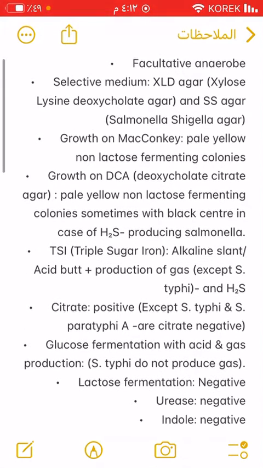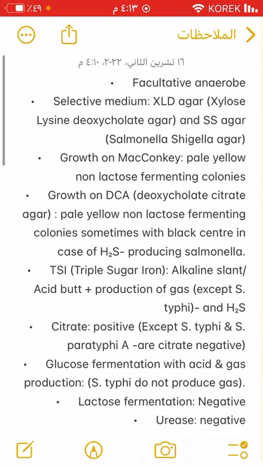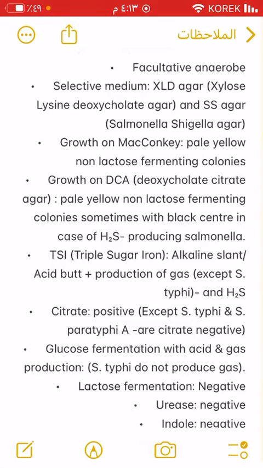For sampling for Salmonella, we take blood cultures in special bottles, of course, and we incubate them. After that, we culture just as other types of culture. We culture the blood, and the most common type is the gastrointestinal infection, and it causes diarrhea. We take a stool culture, and we use some